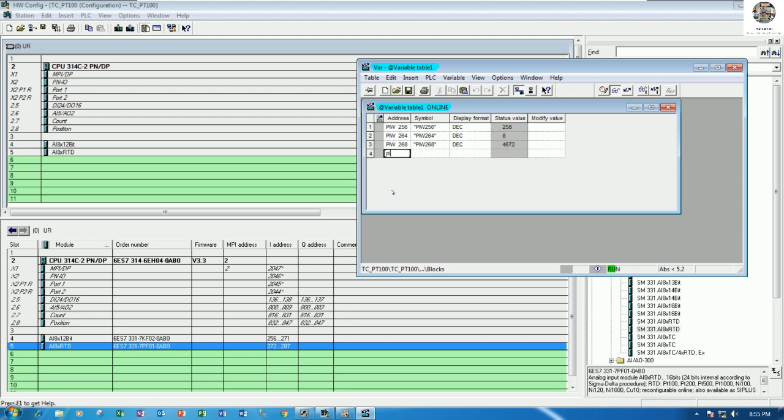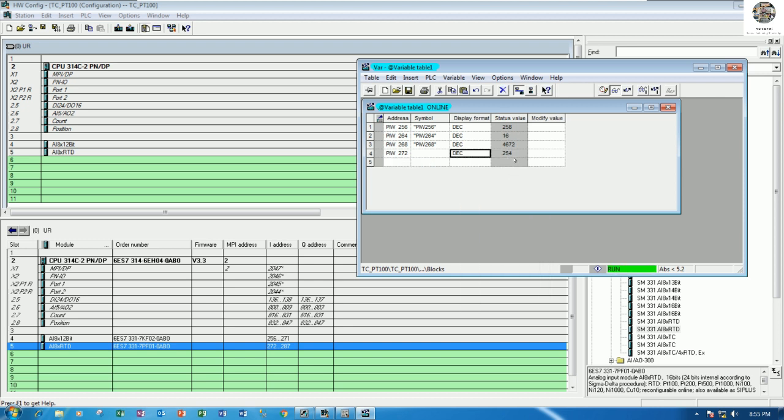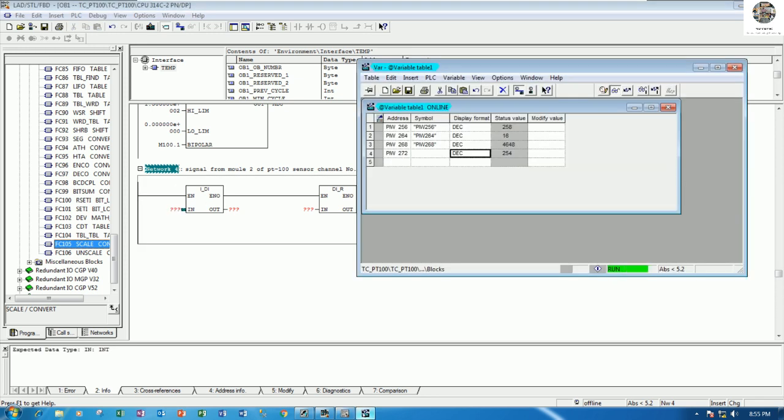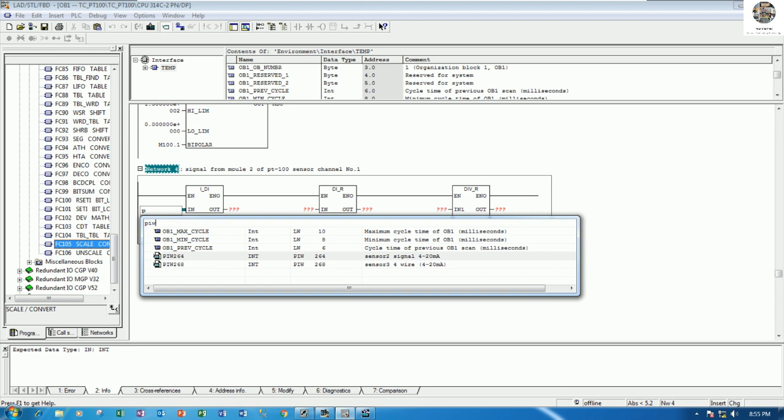So PIW272. Okay, right now it is around 25 degrees Celsius. Yeah. Okay, so this one should be divided by 10.0, and this one should be the address PIW272. Okay,